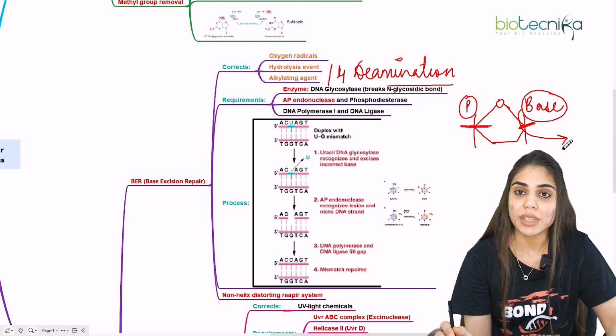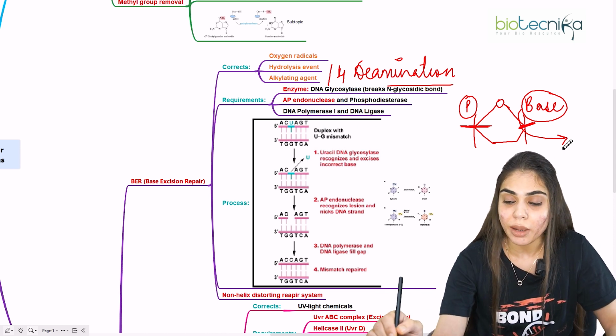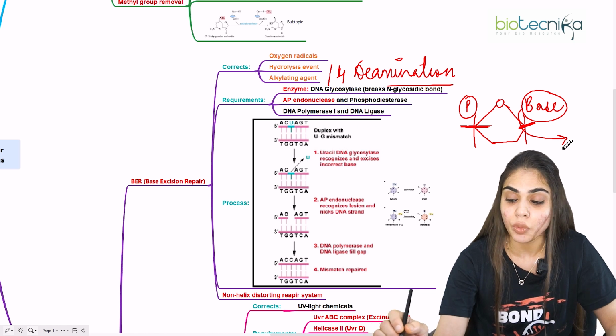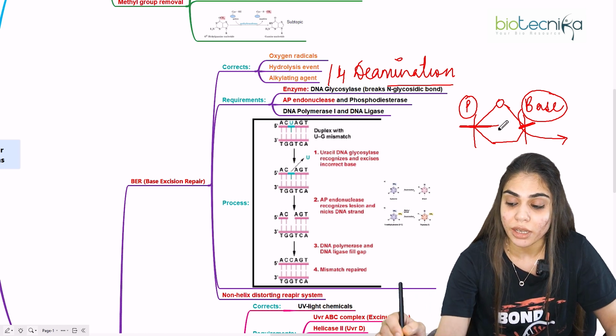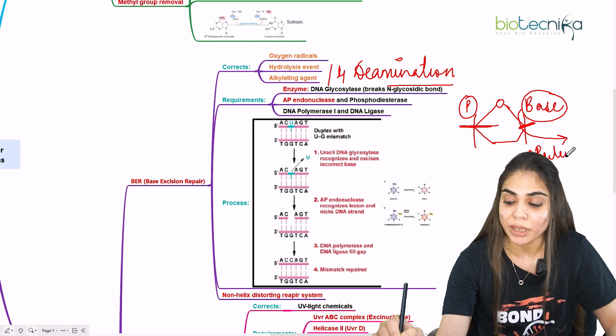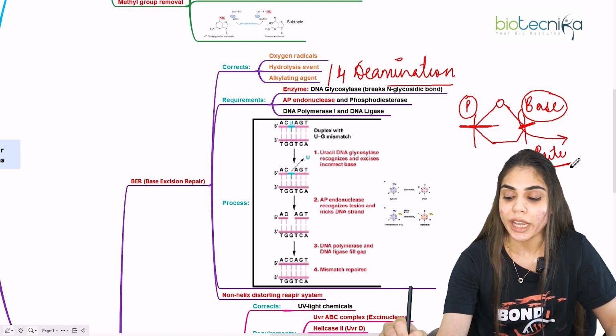And once this glycosidic bond is cleaved, it will leave a blank space. Why? Because the base is removed. Still the phosphodiester bond is there. So this site is called an AP site, that is apurinic or apyrimidinic site, that is without any base, and